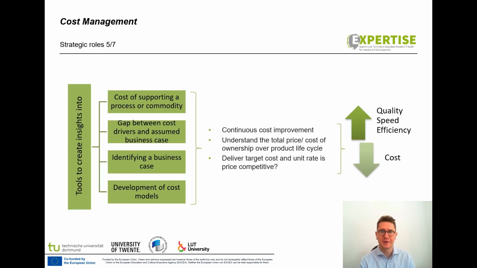Signing a contract is not the end of purchasing responsibilities. In fact, it marks the beginning of a critical phase, cost management. One of purchasing's most important ongoing roles is continuous cost improvement. Cost management involves unbundling the price paid and understanding the total cost of ownership over the entire life cycle of a product or service. This allows purchasing to determine a target cost and unit rate, ensuring the price is competitive